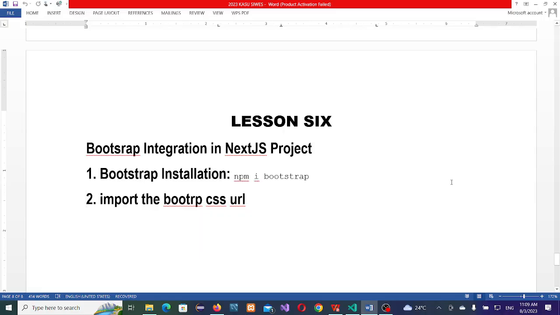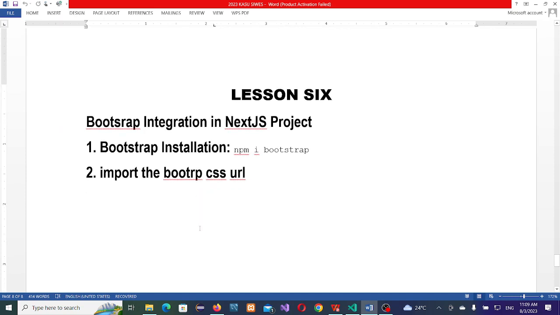Alright, good morning all. We're back to our Next.js Python flags projects where we are learning UI development first, and yesterday we were able to see how to integrate Bootstrap, and today I want us to have a look at